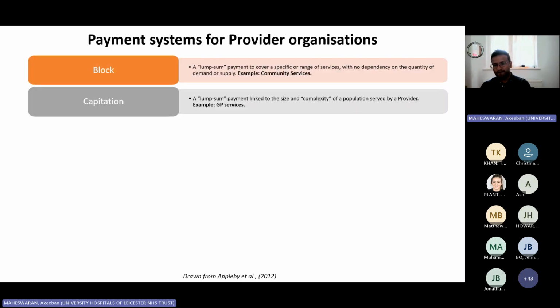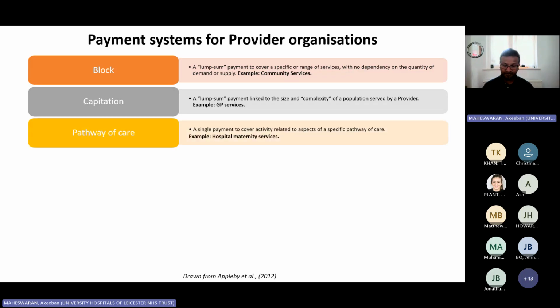The capitation is a lump sum payment related to the size and complexity of a population. So you have your population that you cover, and then it's adjusted, and it's that adjustment factor that's the key difference between the different ways the capitation works. Capitation models are used in determining how much money the ICBs get. It's how much money the health boards get in different parts of the world, including Scotland, Wales, and Northern Ireland. A lot of that is a capitation model,